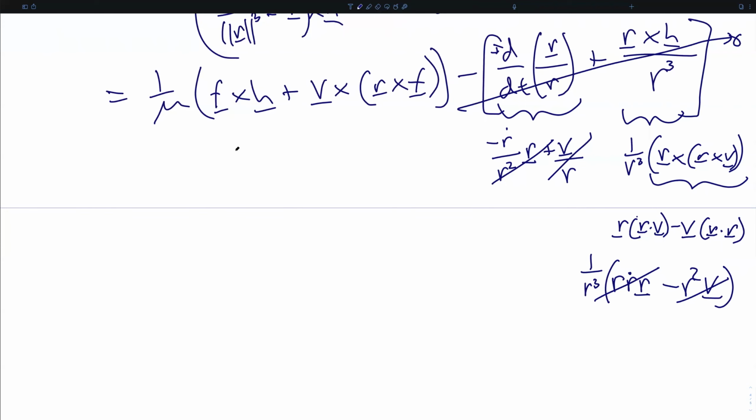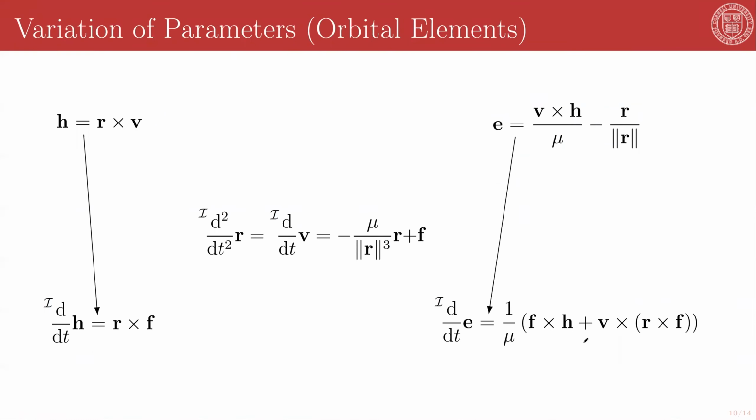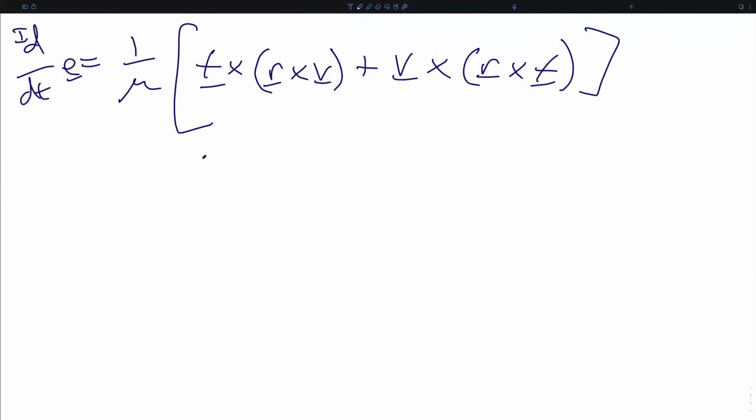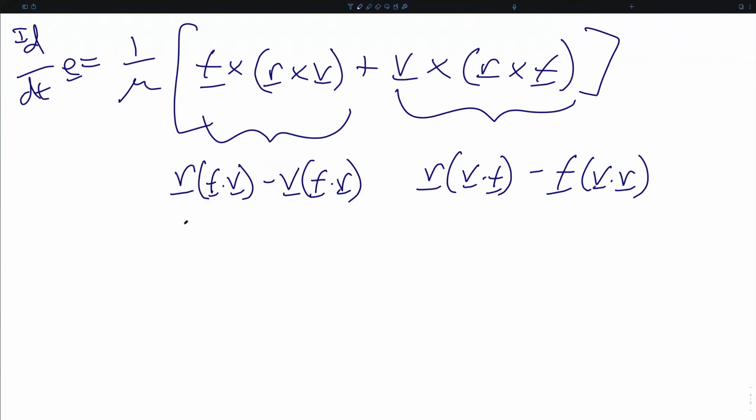And therefore, the derivative of the eccentricity vector is just this, as shown here. We could also substitute here for the specific angular momentum, the quantity r cross v, and then evaluate both of the resulting triple cross products. And that would give us a term of F dot v in the r direction minus F dot r in the v direction, and here v dot F in the r direction minus v dot r in the F direction. And so we can combine many of these terms and get